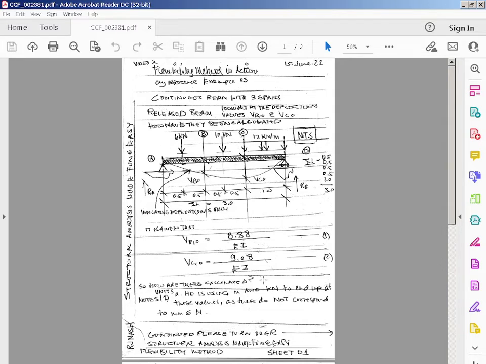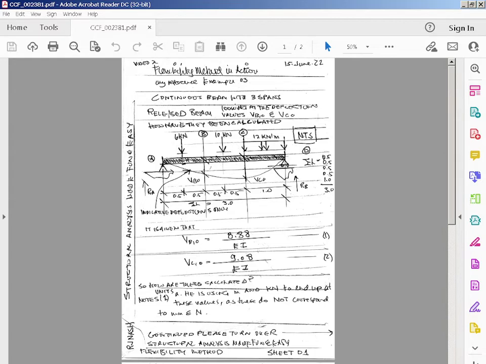So I was trying to work out how he worked out the deflections, because if you remember, he has VB0 equals 8.8 over EI and VC0 equals 9.08 over EI, and I was just wondering how he calculated those. So this video is on